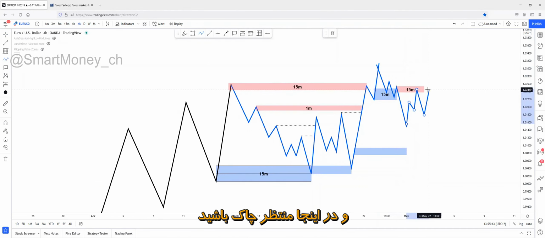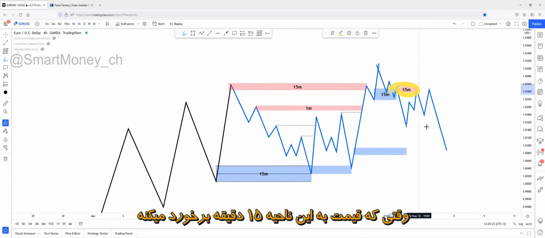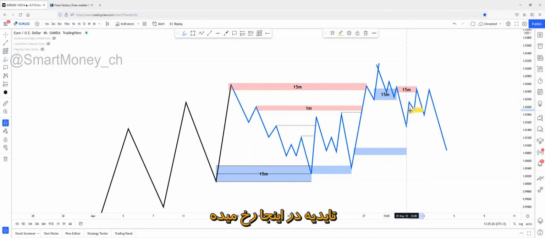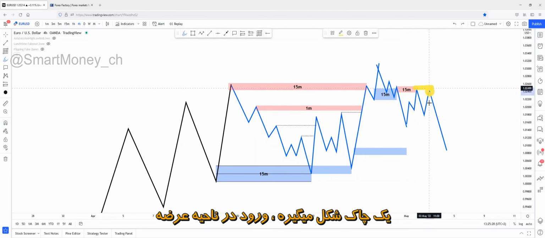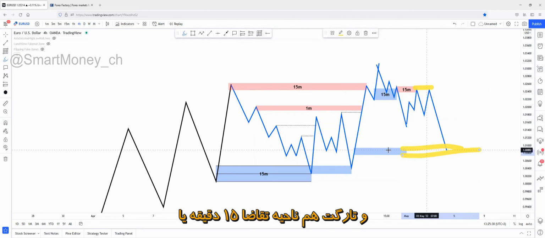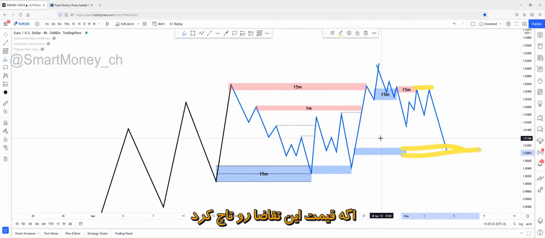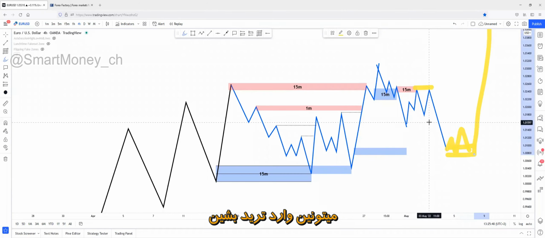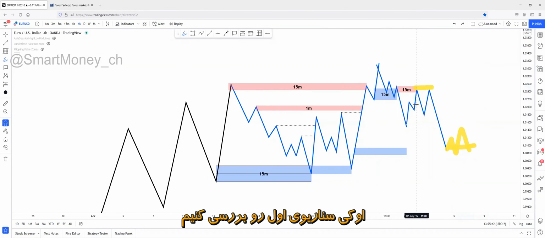Because this 15-minute supply zone has flipped this 15-minute demand zone, you wait for a confirmation after the tap of this 15-minute supply zone. Confirmation right here happens, change of character, supply trade, entering a trade, target the next recent 15-minute or 1-minute demand zone. If the tap of this demand zone happens, you just wait for a confirmation once again, and you can follow the main trend once again. Okay, first scenario is this. So the first scenario of this demand breaking supply trade is to wait for a 15-minute supply tap, wait for a confirmation on this zone, and enter in a short trade.